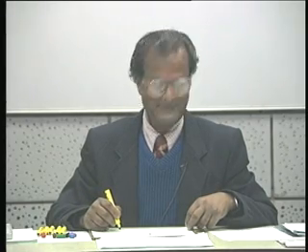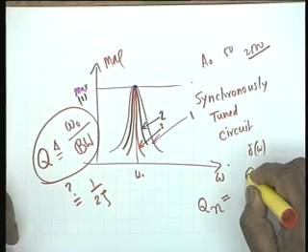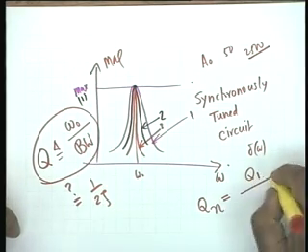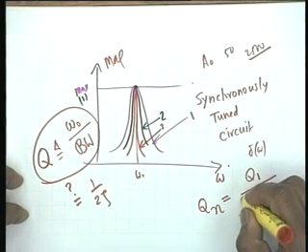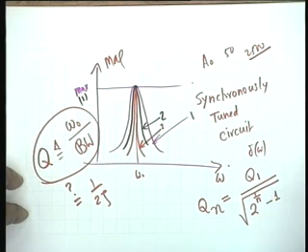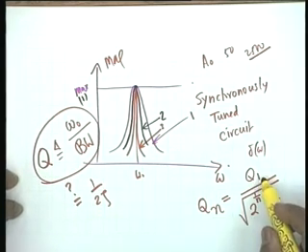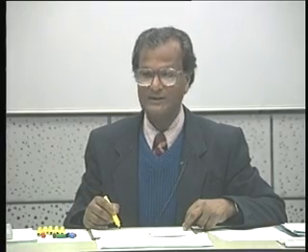It would increase. I don't want to take a vote here. It would increase because bandwidth decreases obviously, so the Q must increase, and you can show that Qn is Q1 divided by, I am giving you the final result, it is your responsibility to show this, the square root of 2 to the power 1 by n minus 1. Is Qn higher? Qn is greater than Q1? Yes, yes. Q1 is the Q for a single tuned circuit. Okay? And Qn is the Q for n number of such tuned circuits put in cascade.